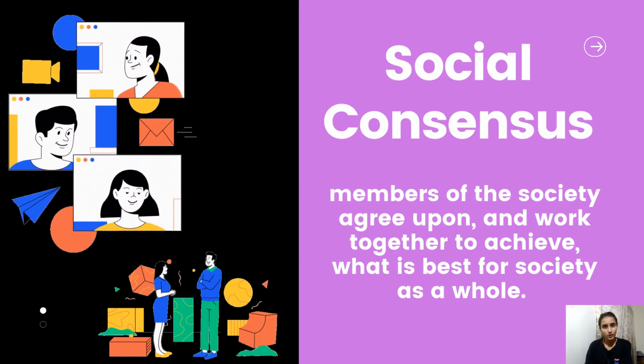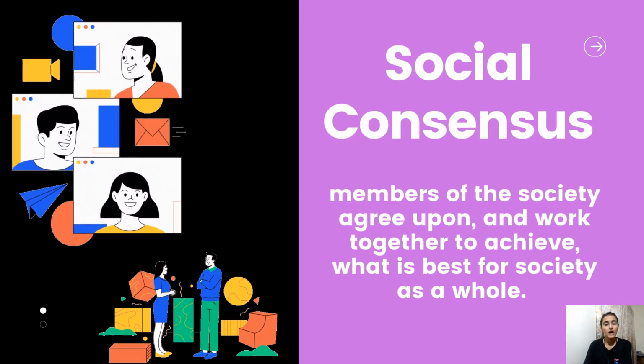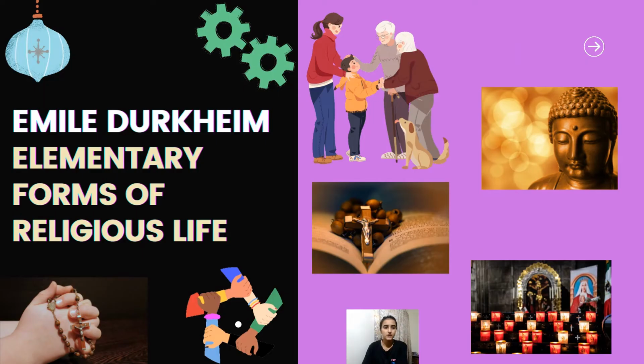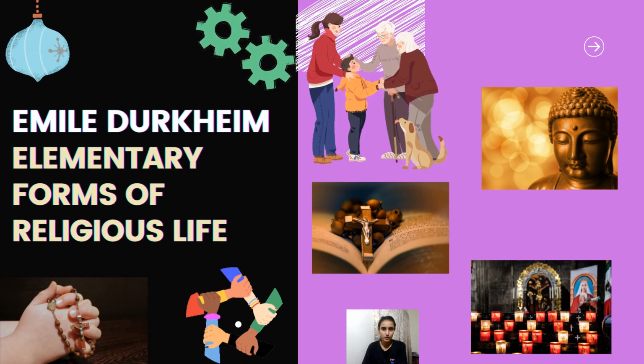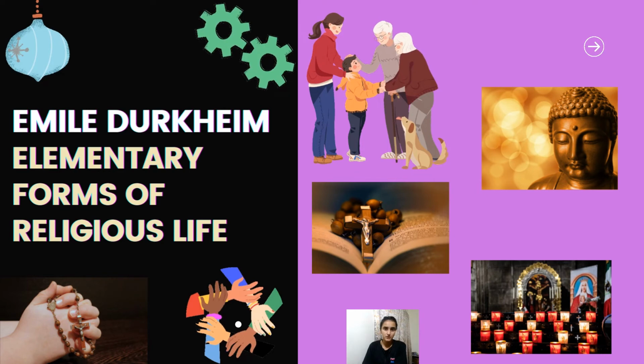To give an example of the functional school of thought and how we can apply it in our day-to-day life, let us look at religion. Emile Durkheim, who is considered one of the important thinkers of the functional school of thought, gives a very interesting example in his book called Elementary Forms of Religious Life. There is a tribe in Australia called the Arunta tribe, and during those primitive times, there were no such means of entertainment; people were isolated or engaged in a particular work. They didn't have any sort of means of recreation, but they used to